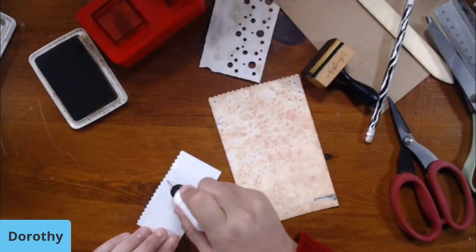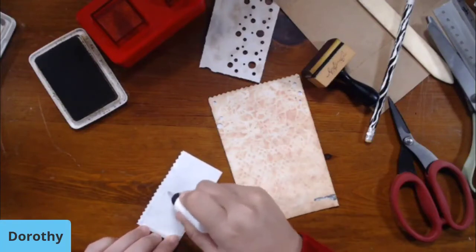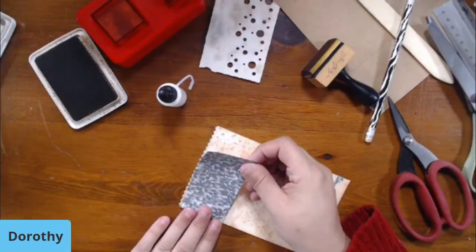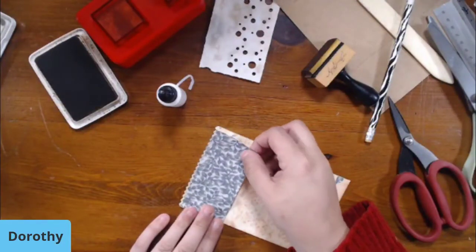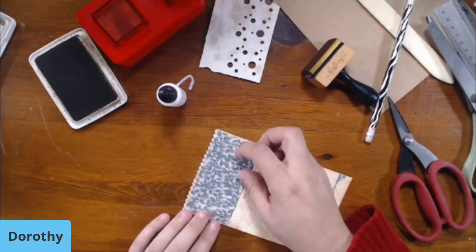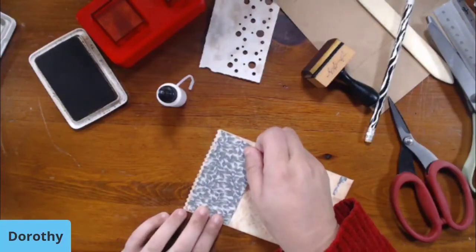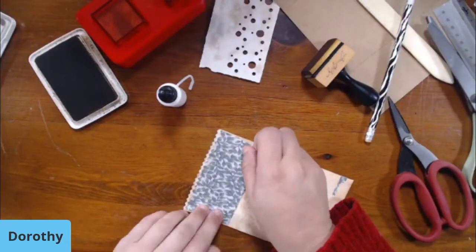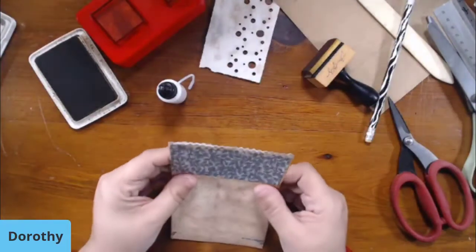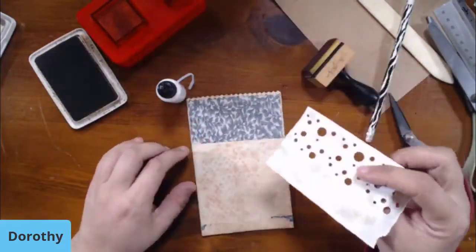Okay, let's put in some glue across here. And I'm going to pull this down just enough that it leaves a little border. Hello there. Sort of play on that edge. That's straight. Trying to look at it through the thing. It's sort of hard to see sometimes with the camera. And